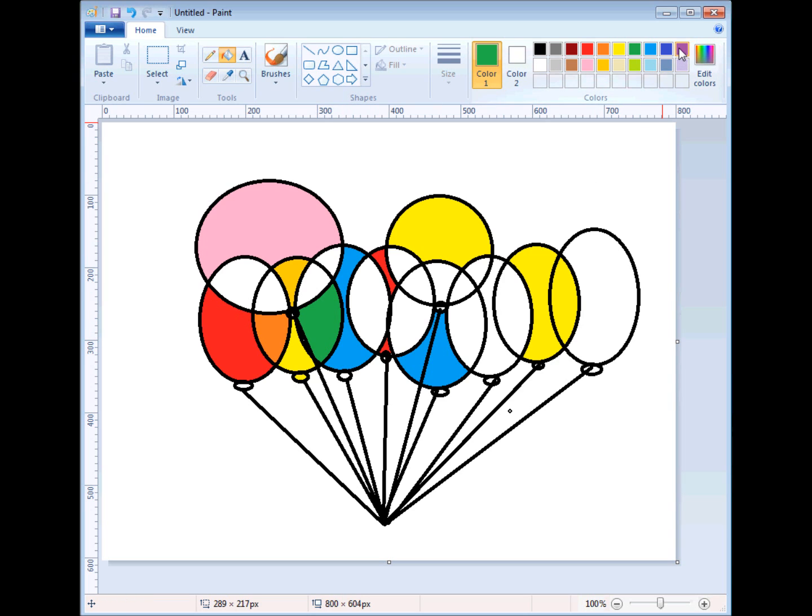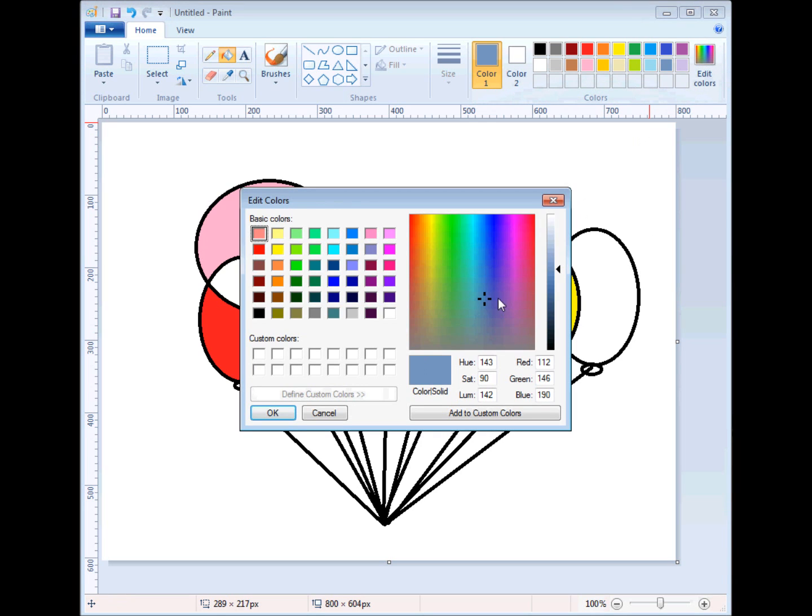Blue and red should be purple. And of course red and blue is purple. I didn't set this color yet. We'll do it now. That's going to be green. And if we have blue and green, we should have something like a blue-green. That's not blue-green. Let's go find it. If I click on Edit Colors, I should be able to find something in here that's blue-green and